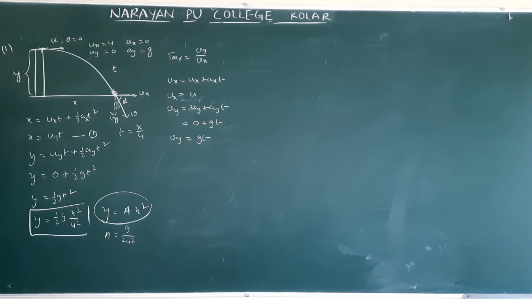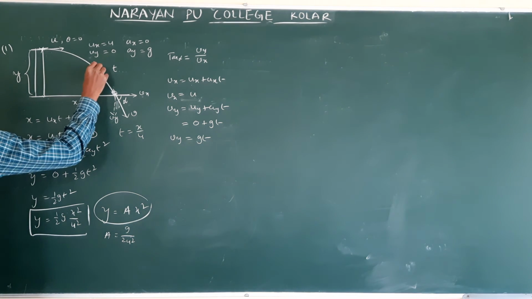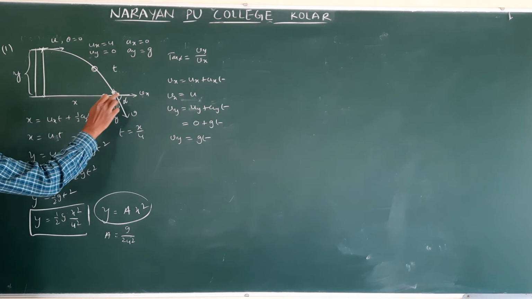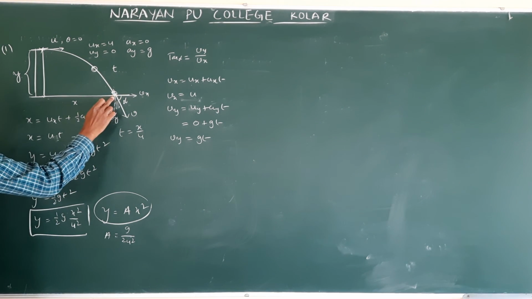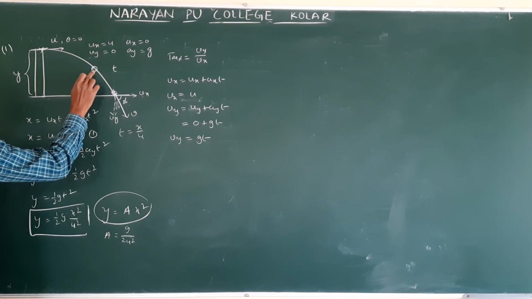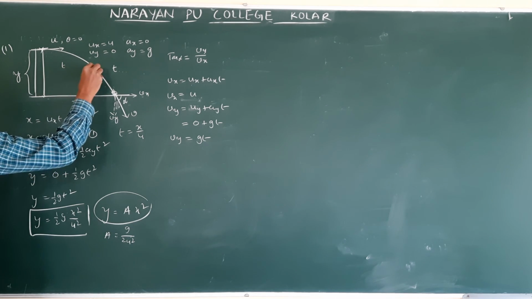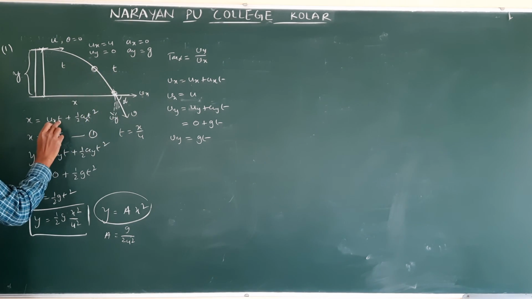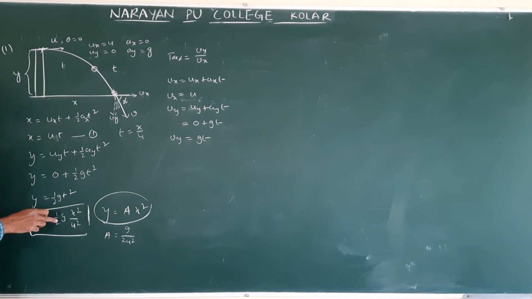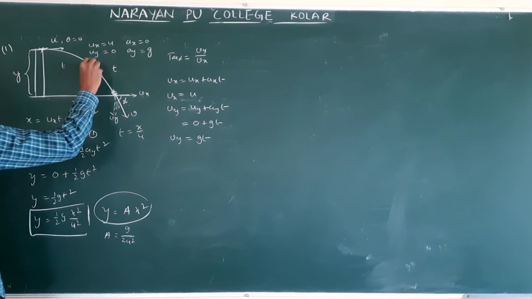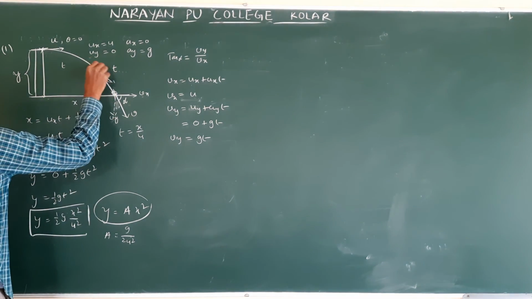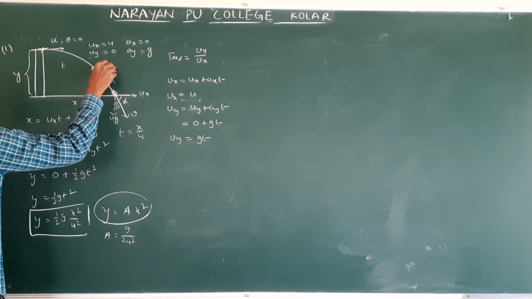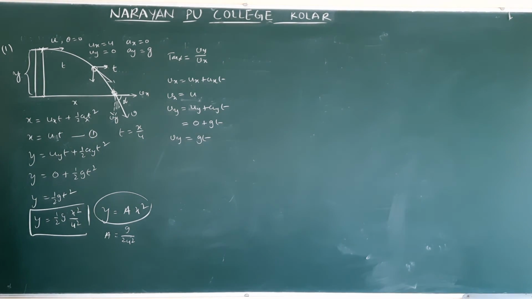Horizontally projected means theta is 0. Sometimes we do have a question after some time, what is the velocity? What I calculated was just before hitting the ground. Sometimes we have a question after some time, t seconds. The same procedure, no problem. They will provide the t value, and in the same equations we will substitute t. Then how will we draw the tangent? This is with the x axis, this is with the y axis. Understand? It depends on the question, so based on the question we will find. Okay? Make a note on this.